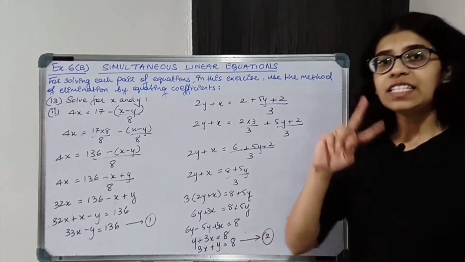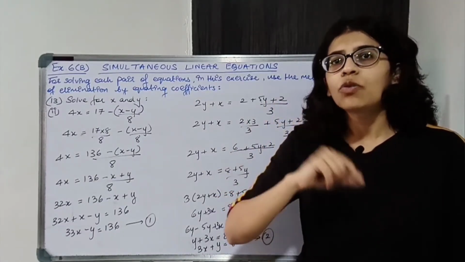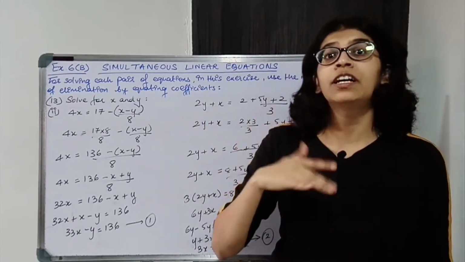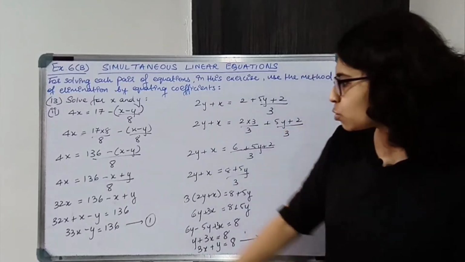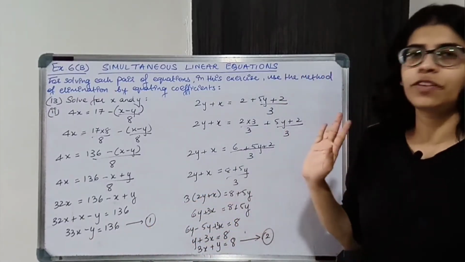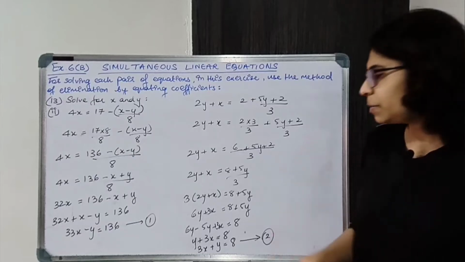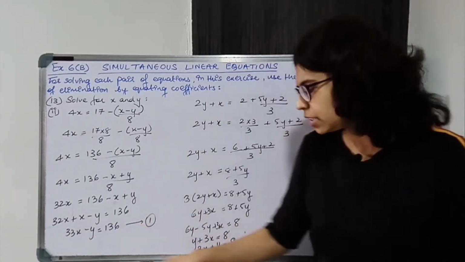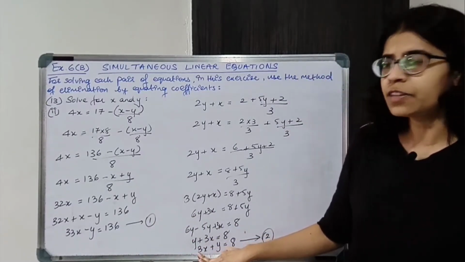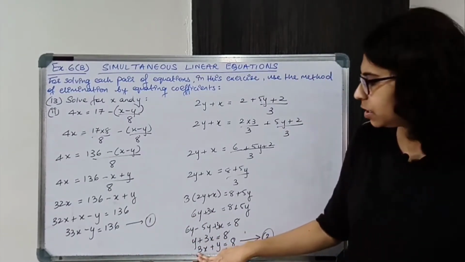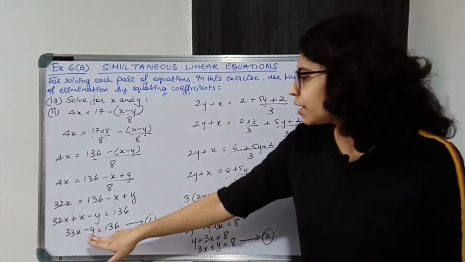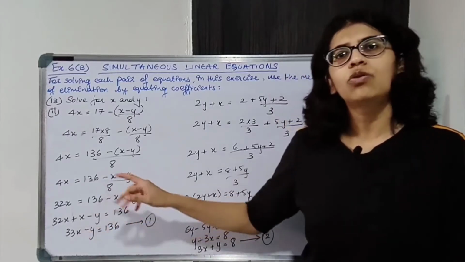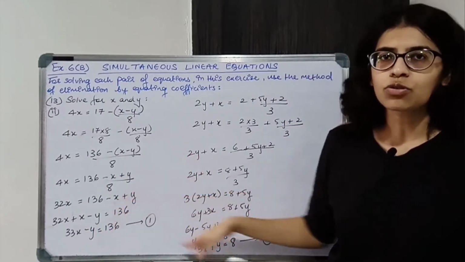Okay, second step, we will make the coefficients equal. So first check the coefficients. If they are already equal, good. If they are not, you have to make them equal. So यहाँ पे y का coefficient already equal मिल रहा है. Okay, so I'll be considering that only. You can make x का coefficient equal. यहाँ पे 33 है, यहाँ पे 3 है. You can multiply by 11, entire equation by 11, ये 33 हो जाएगा. But why do that when already यहाँ पे equal coefficients है? ये भी 1 है, ये भी 1 है. Okay, so we just need to solve these two equations.